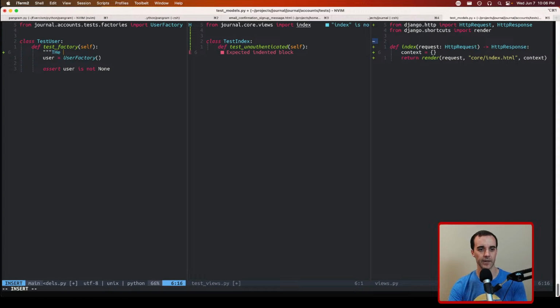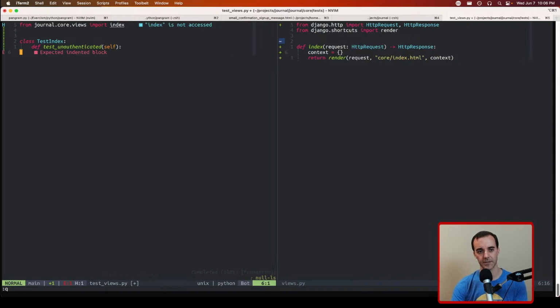Let's see. The factory produces a valid instance. This seems a little unnecessary, but what I have found is that years later, if this is truly going to be a project for a long haul, years later, it is often useful to have test documentation strings in there,